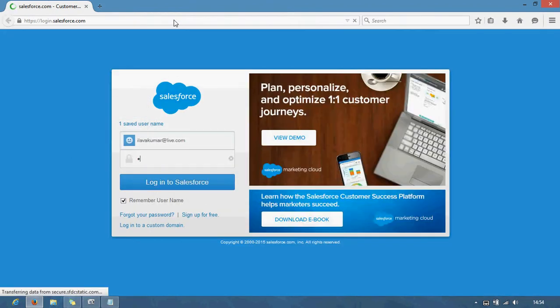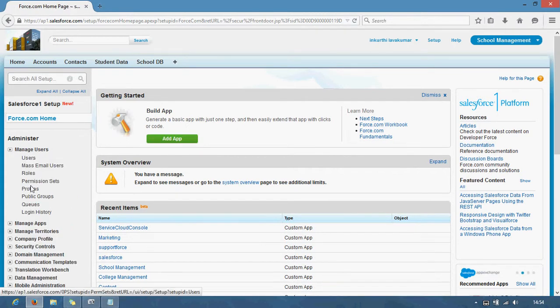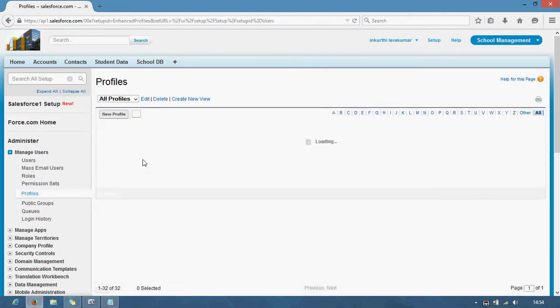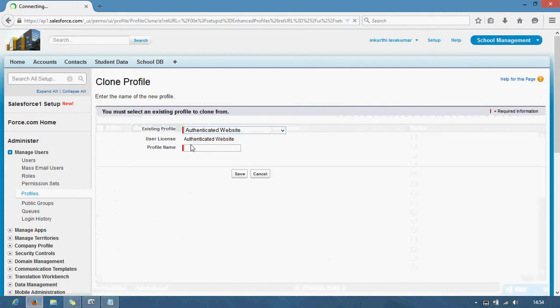First, I am in School Management. I am selecting Setup, then Users, and then Profiles. I'll create a new profile. Let me name it ILD_profile, a name of your choice, and select the user license type.